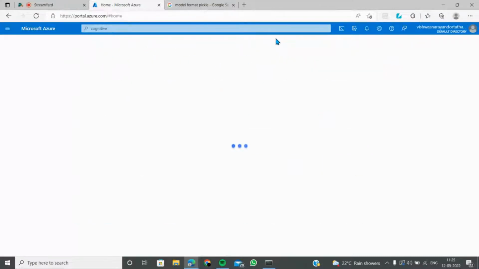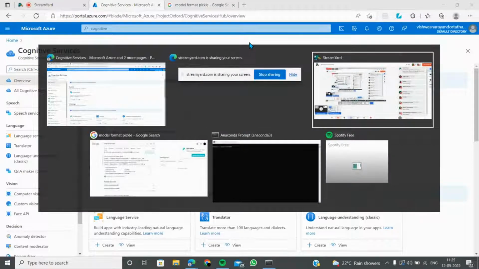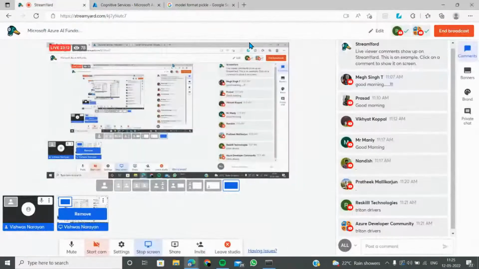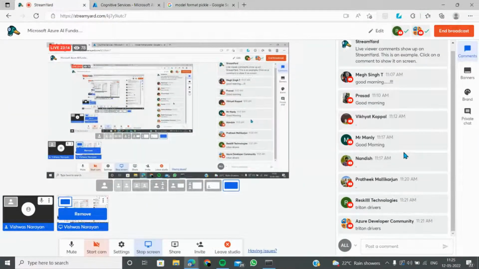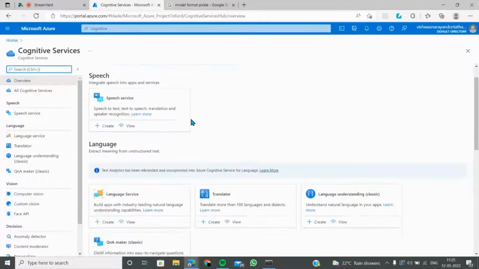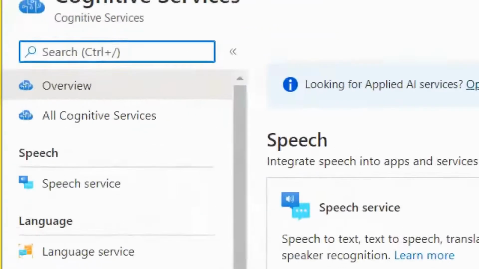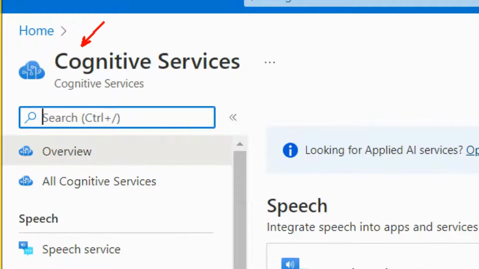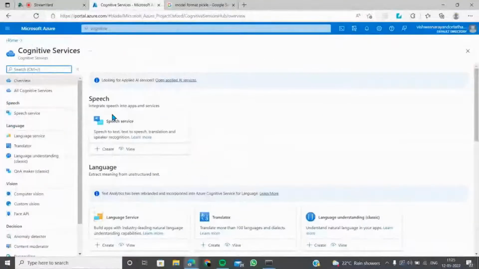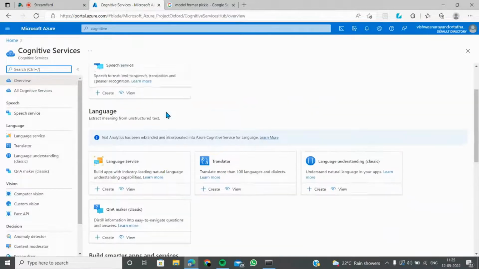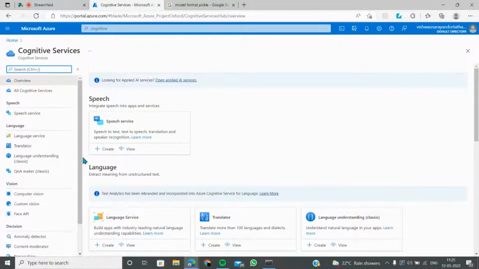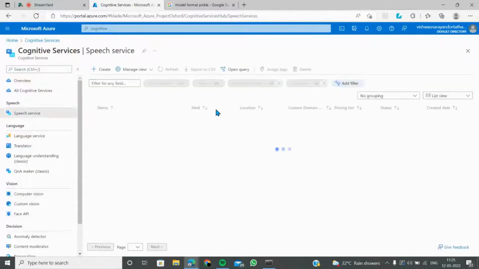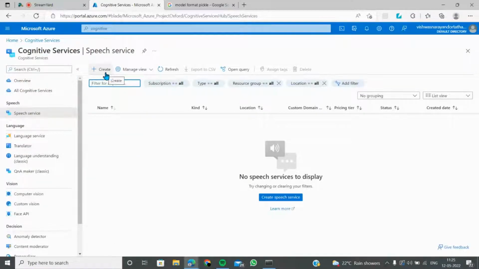So yeah, I think it's coming up here. So let's just start working towards it. I think so. There's no network issue. So yes. If you think of cognitive services, it comes here. So this is how cognitive services look like on your portal, and there are different services that come in. So speech services are always there. If you want to learn about speech services, you can view that, you can create that, and you can start using it. So that's not a problem.